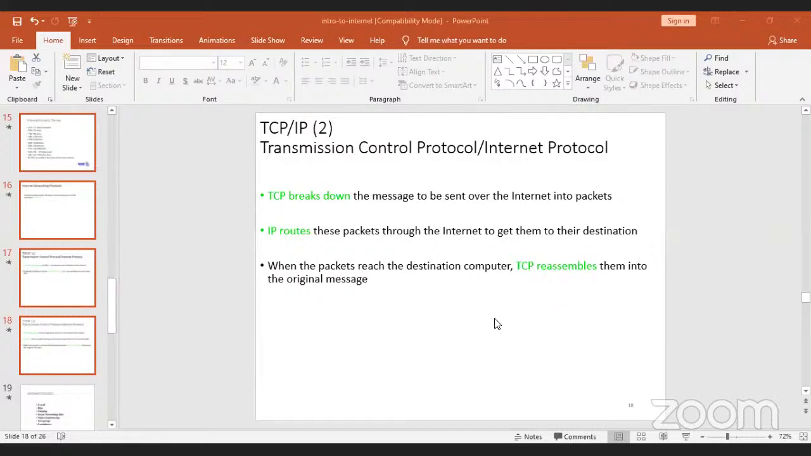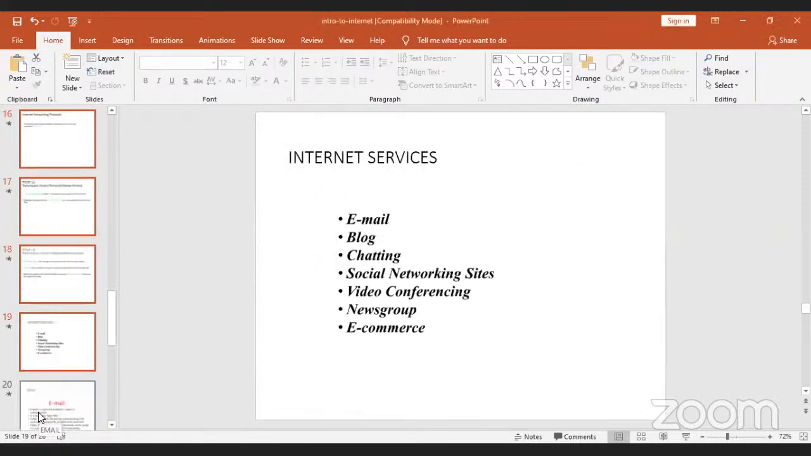Okay, so now we'll go to the next thing. The last thing we're going to look at is internet services. We have different services on the internet, and